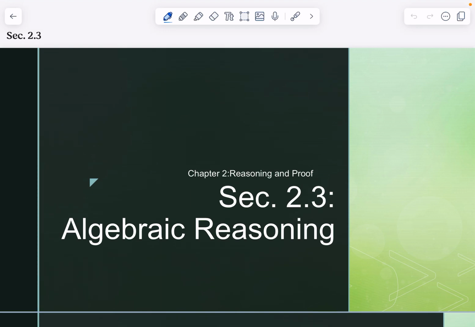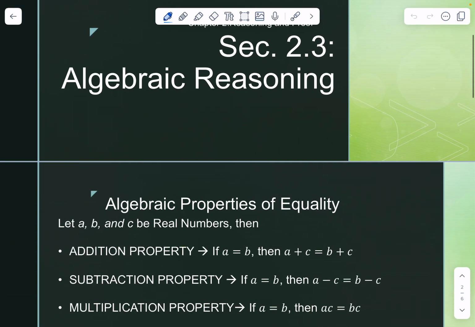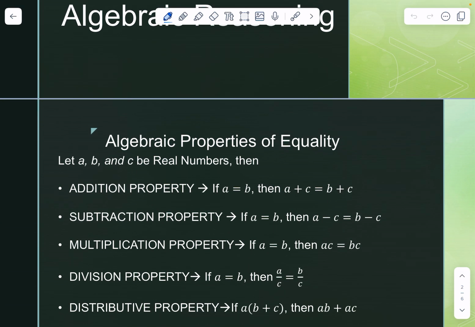Continuing on in chapter 2, reasoning and proof. Now we are going to start with algebraic reasoning. So let's start off with a bunch of properties of equality. Now, this all works if we let A, B, and C all be real numbers, so let's talk about